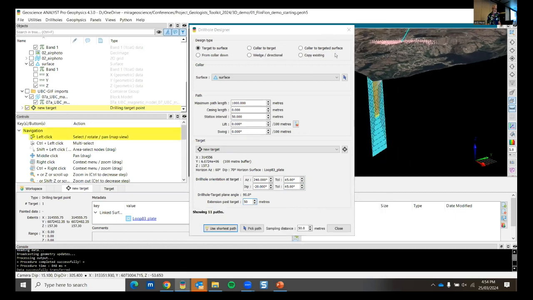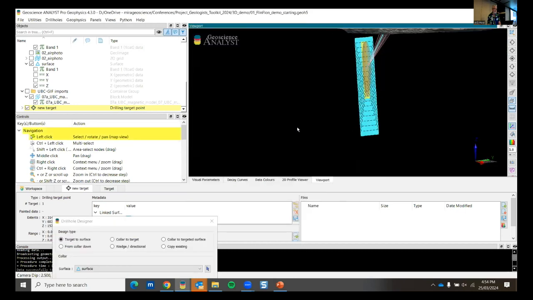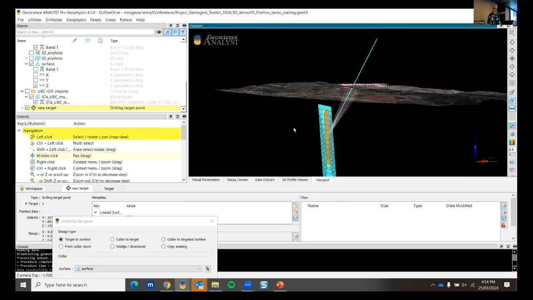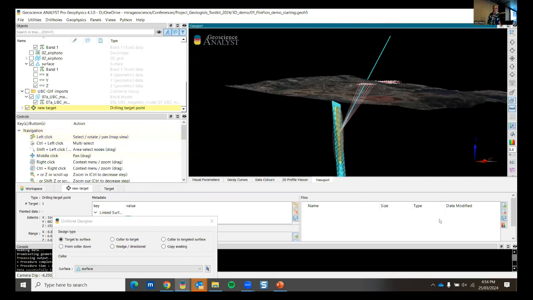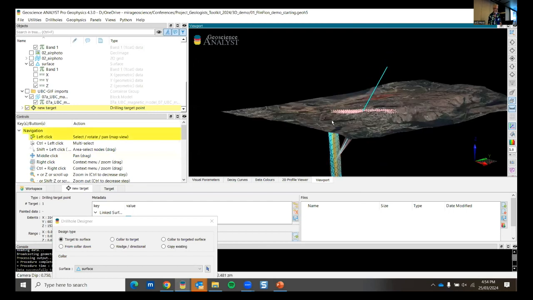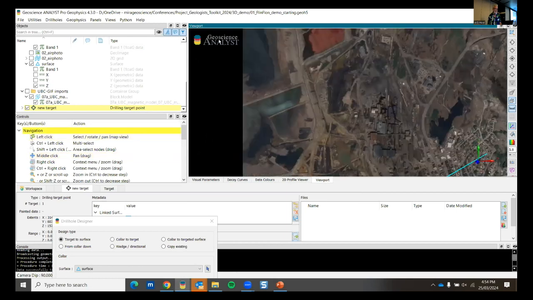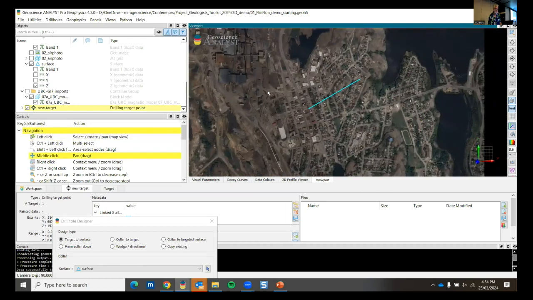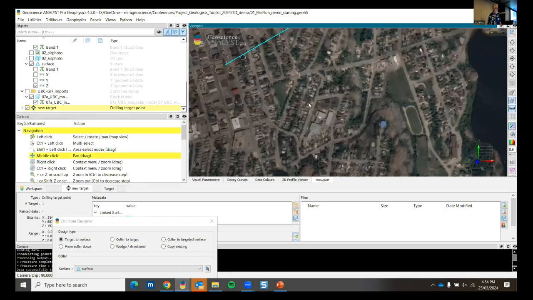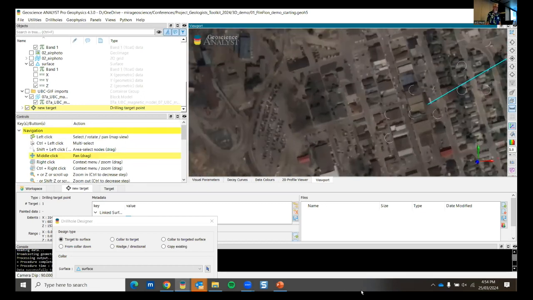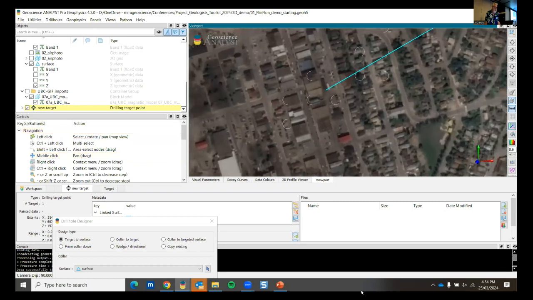But now it's given us a whole bunch of possible drill holes, drill hole collars that would intersect that target within that tolerance we gave it, that 5 degree tolerance in azimuth and dip. If you go and look at where those collars are, if I go and plan, you'll see that they're all in the middle of Flin Flon town. So you might get away with drilling a drill hole in the middle of the main street, but you probably need to go back and replan your drill holes.